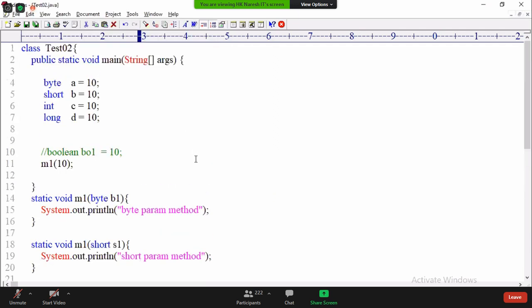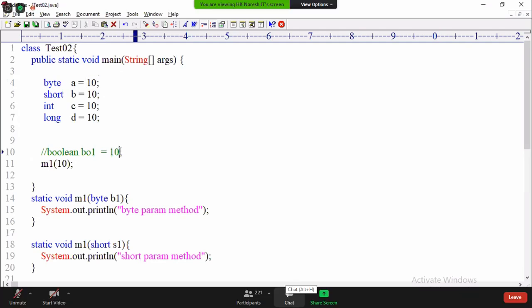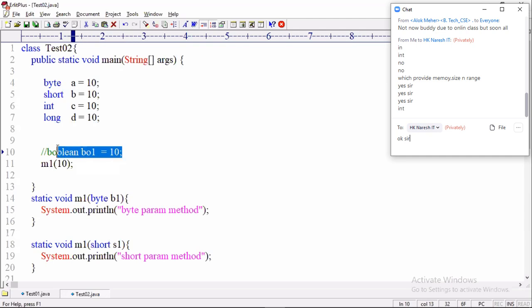So I have proved it. We have four data types for storing integers. Among them, int is the default data type. It means if you take a value in a program, by default it is considered an int. To prove this point, I took case 1, assigning 10 to a boolean variable, and the compiler throws an error with the information that int cannot be converted to boolean.